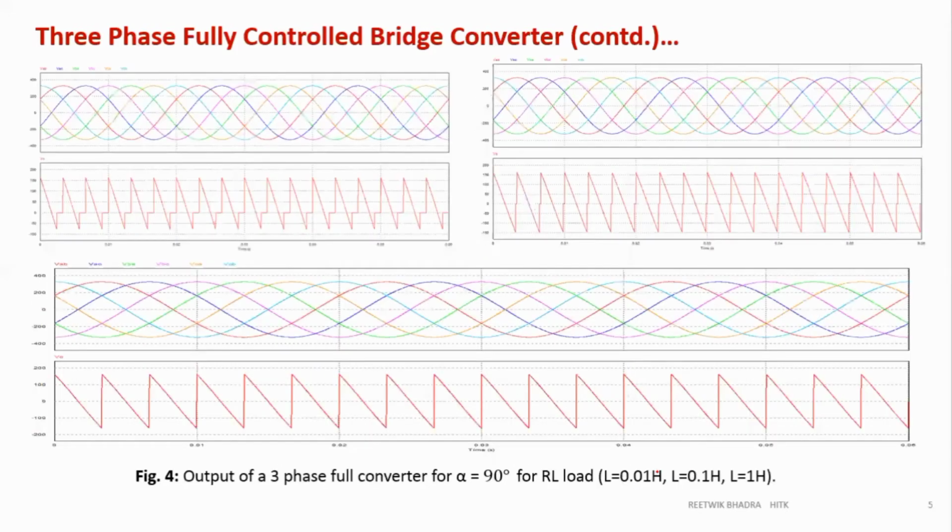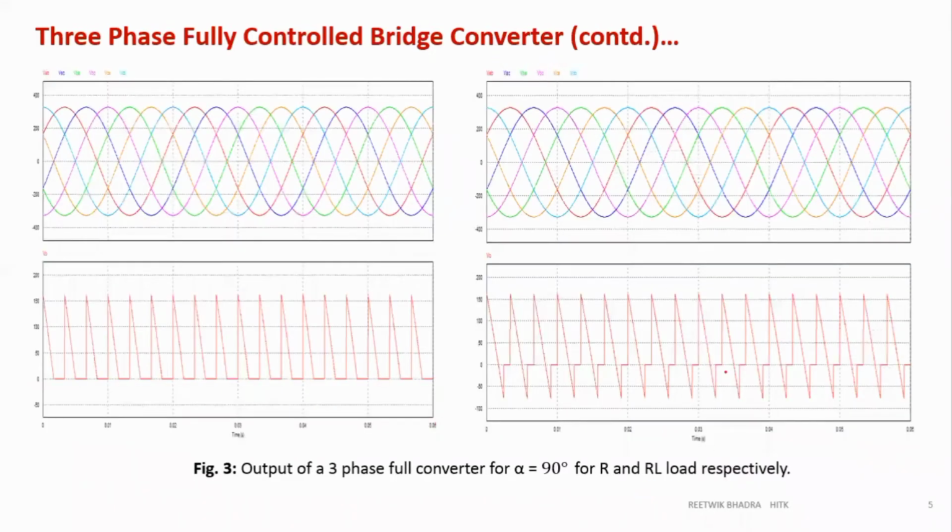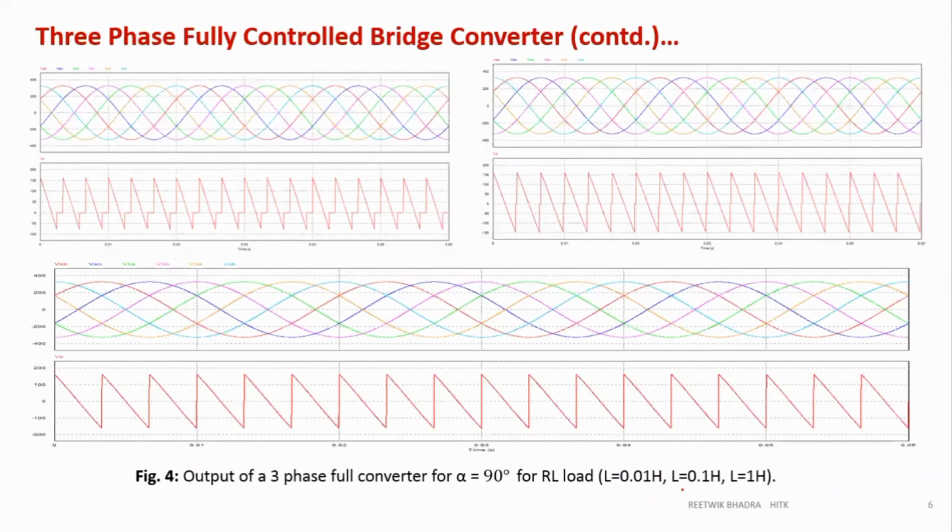Next slide, what I have done is made a comparison over here. Okay, how you are getting your negative portion. So we had three values of L. The previous circuit which I had simulated was using L equal to 0.01. I have taken three other values of L, keeping all the things the same, and alpha is equal to 90 degree. So you can see the waveforms over here.